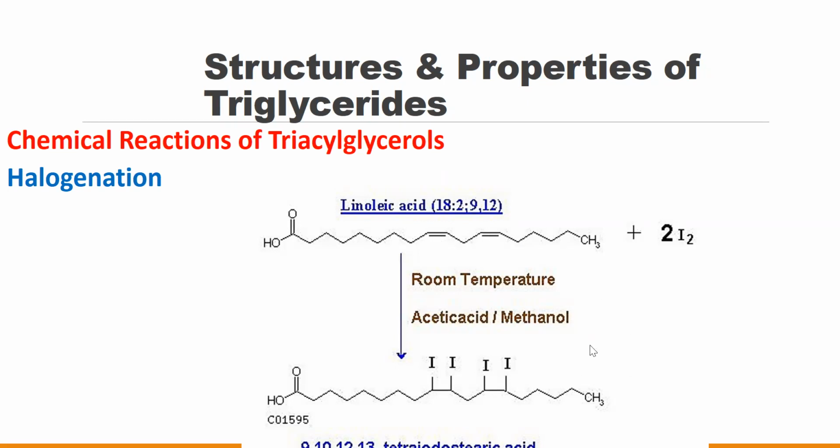And in the presence of halogen, at room temperature, and some organic acid like acetic acid or methanol, you can actually add your halogens into your double bond like this. So this is again one of the reactions of your fatty acids. And if you remember another reaction of your alkene before in organic chemistry, you can also have